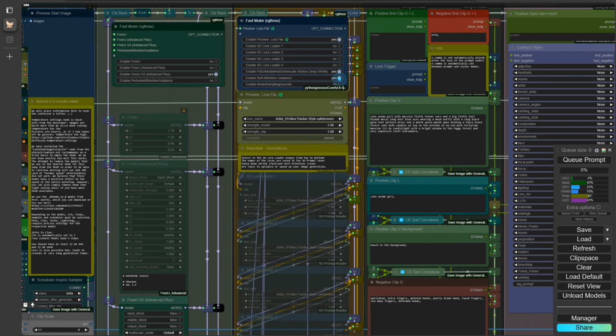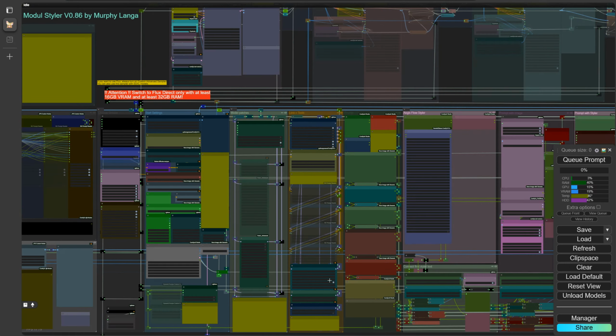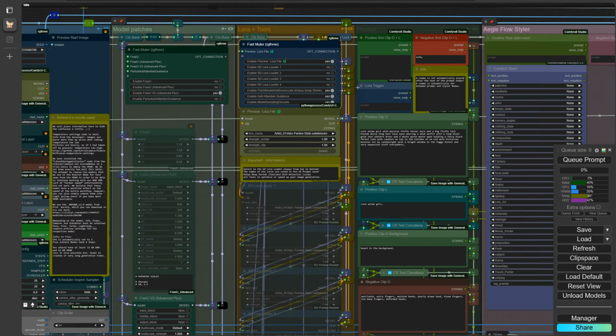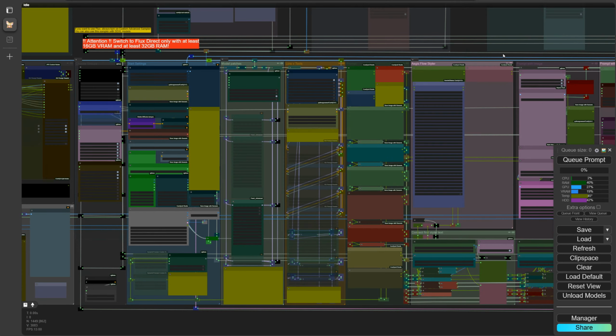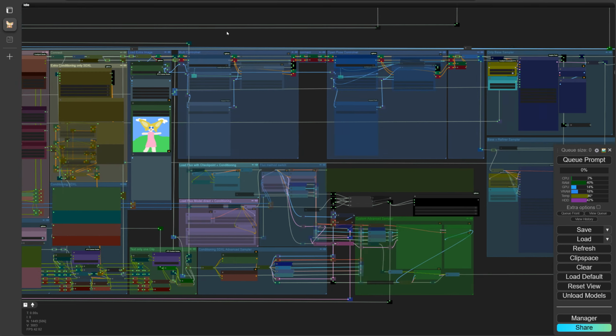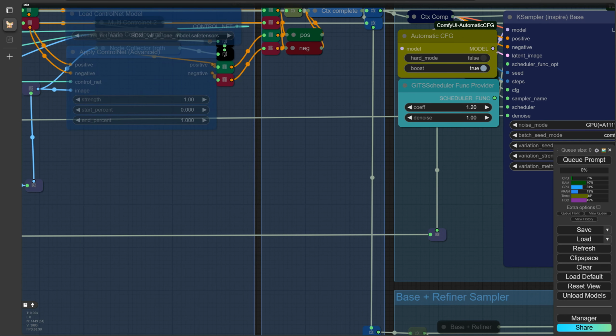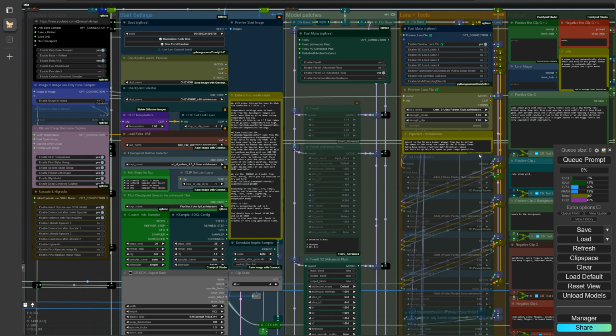Following that, you'll find 3 options to speed up or improve the generation process. We won't delve into these in detail right now, except to mention that self-attention guidance and automatic CFG, which we've enabled in this template, don't work together. You won't be able to generate reasonable images with both enabled, so it's not a good idea to just turn everything on without considering their